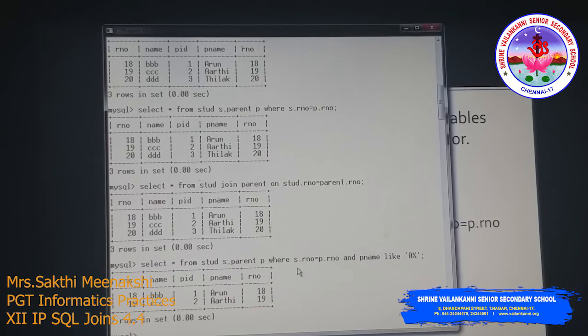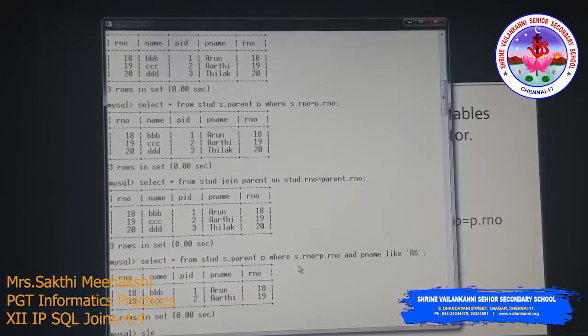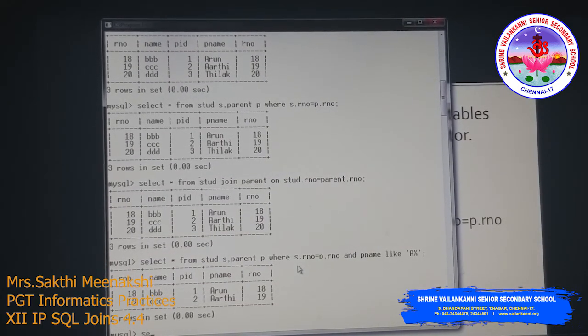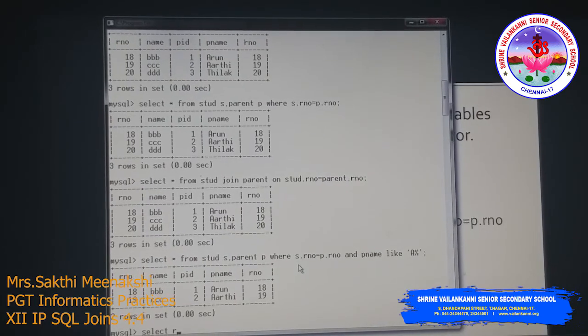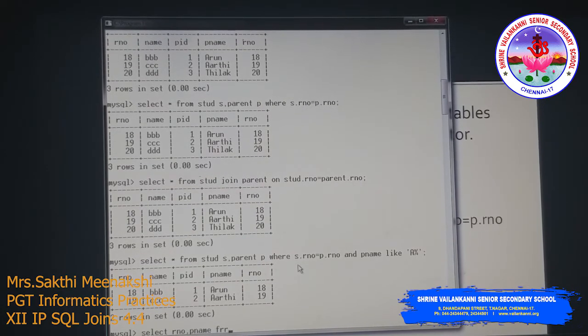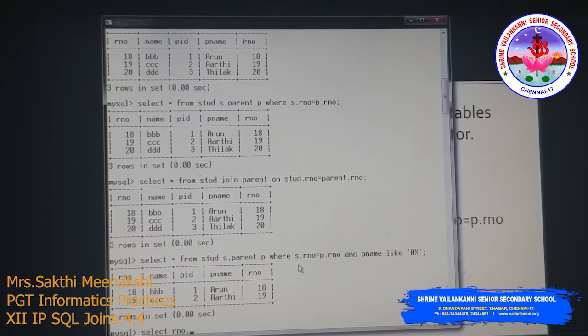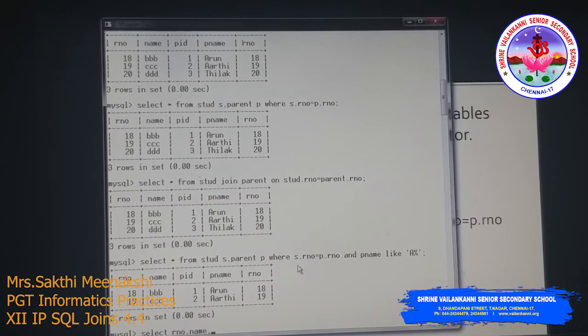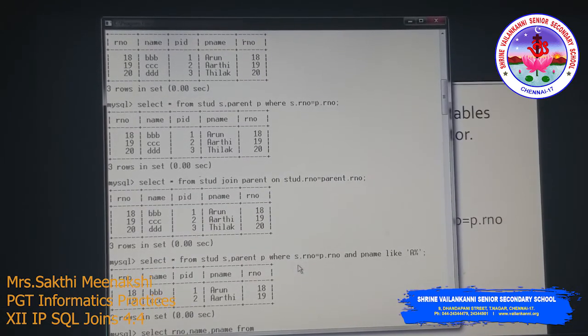If you are simply using the roll number, so for example I'm using select RNO, P name from the student table and the parent table.